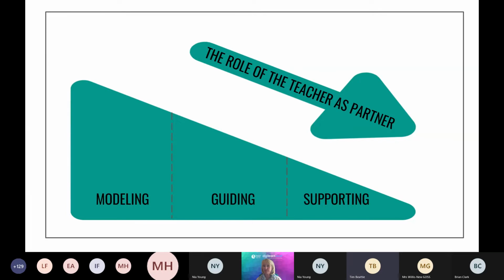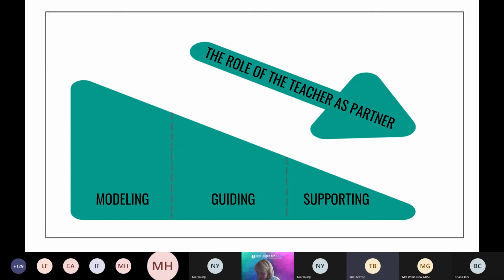So at the start of a year, with a new class, there's a lot of modelling, a lot of interaction, and a lot of the teacher doing. But then as you go through the year, I'm thinking of a standard year, it might be different if you've got the pupils for more than one year, you want to step back a little bit and give that independence, so that you're guiding and then eventually supporting, never leaving, because that's the thing with a partnership. But ultimately as a teacher, you want to do yourself out of a job, so that the pupil is taking control